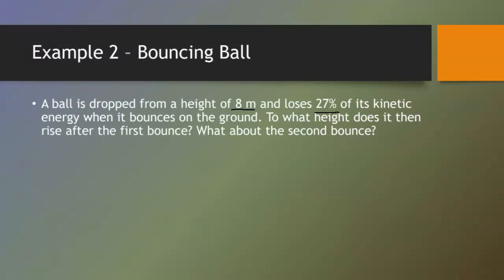Now, this is a little different because we lose some kinetic energy to it bouncing, right? In a closed system like an object falling, there are no external forces beyond gravity that are going to reduce the kinetic energy, so long as we ignore air resistance. But when something bounces, when something comes in contact with the ground or some other object, there's friction, and that friction generates heat,